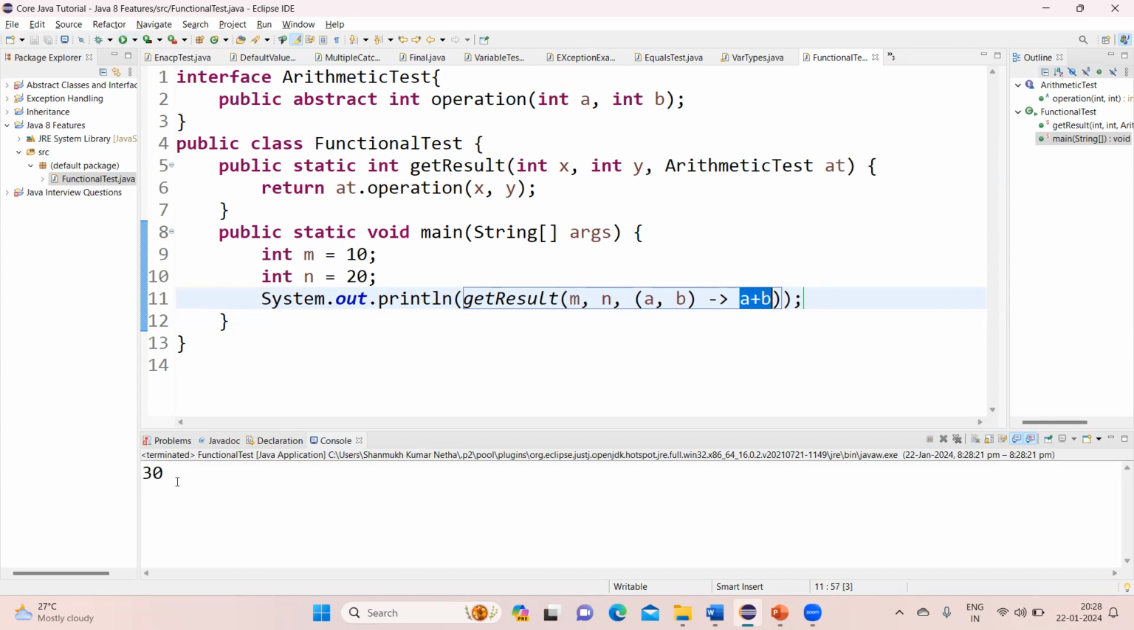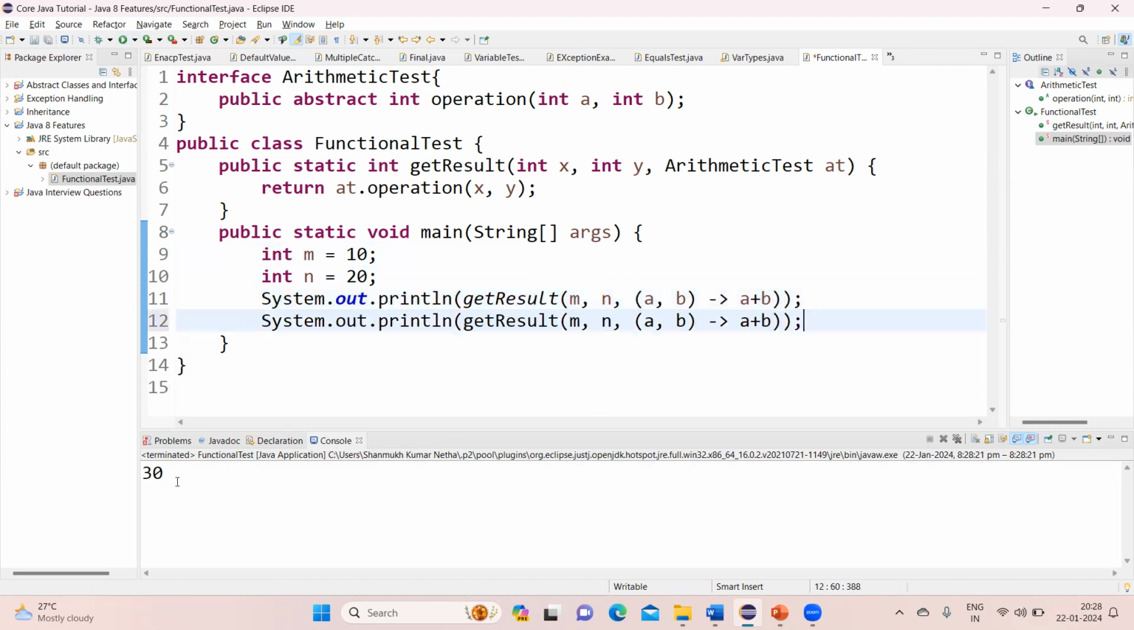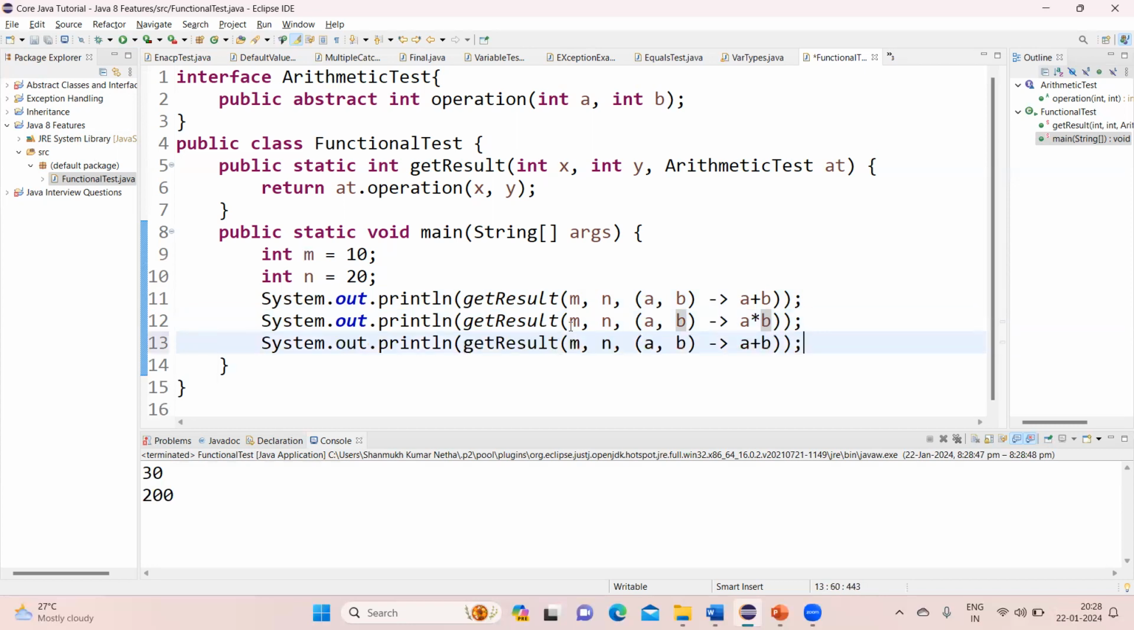See, it is returning 30. And simply, okay, call the same get result method and implement this operation in a different way. See, a into b. See 200. See 10, 20, 200, and implement this